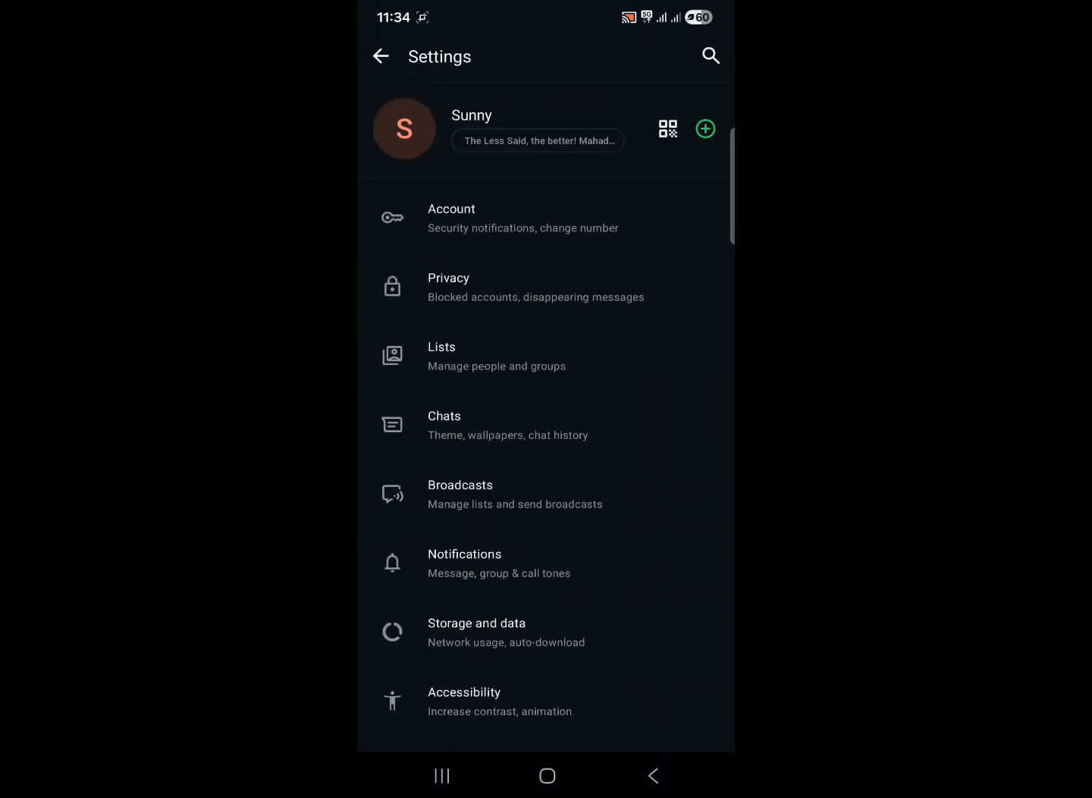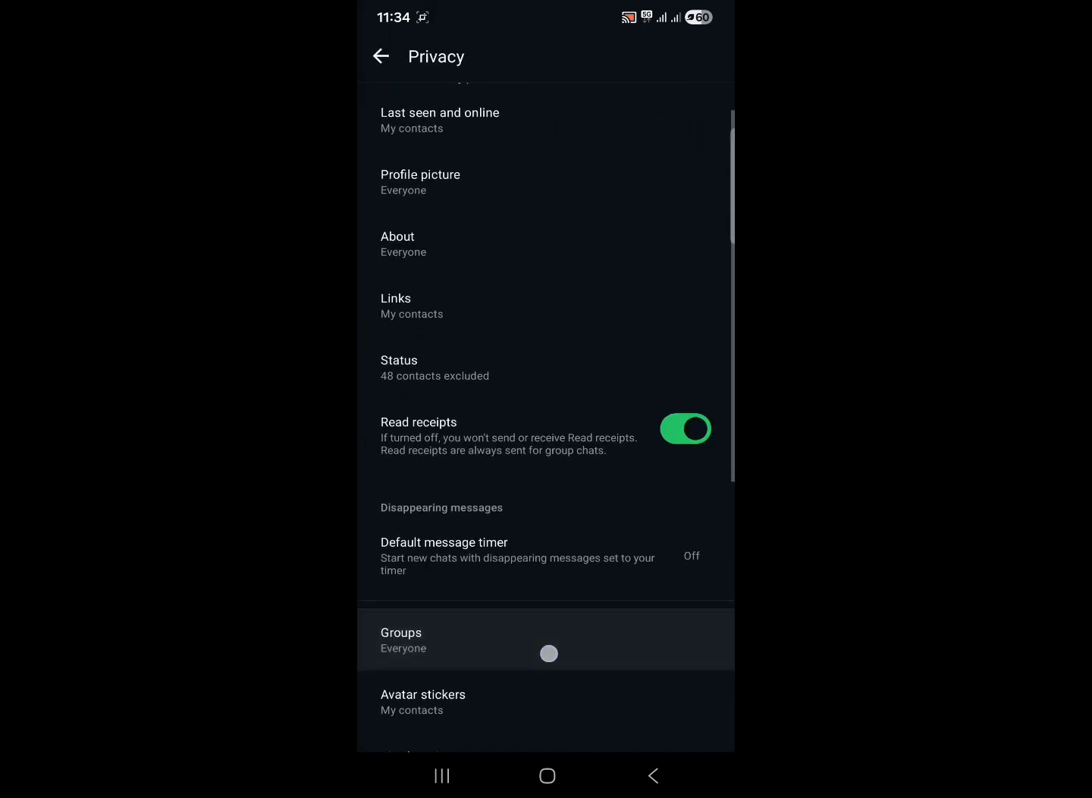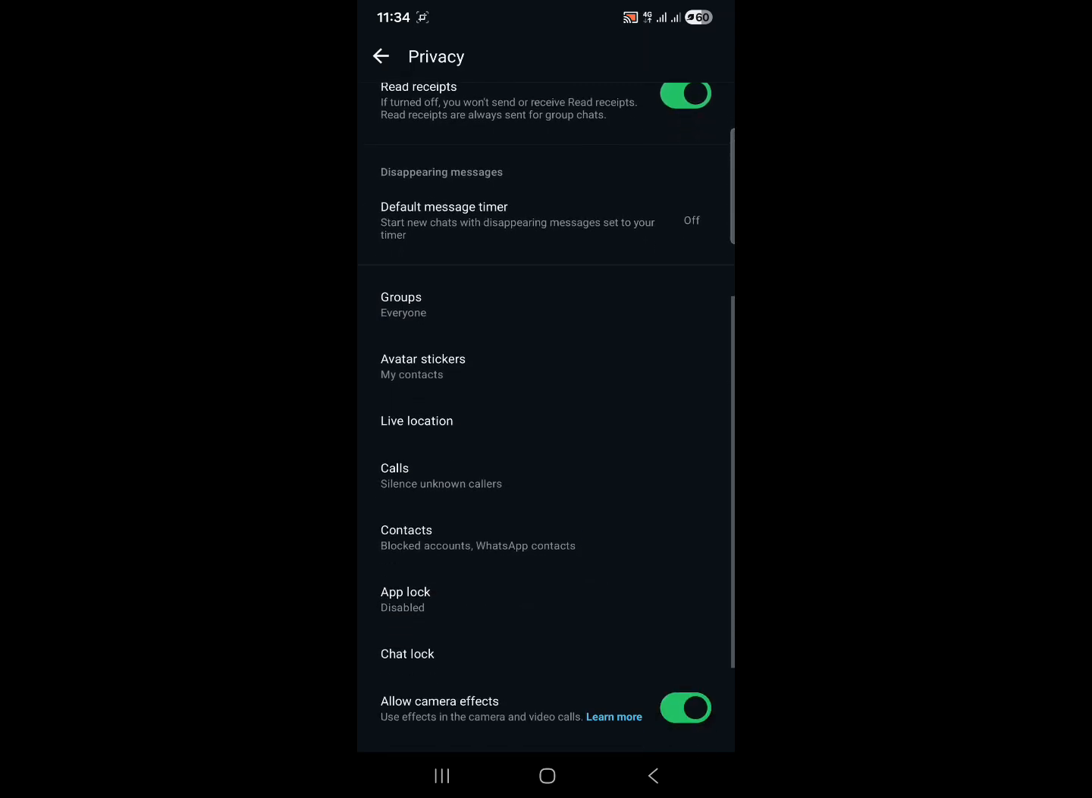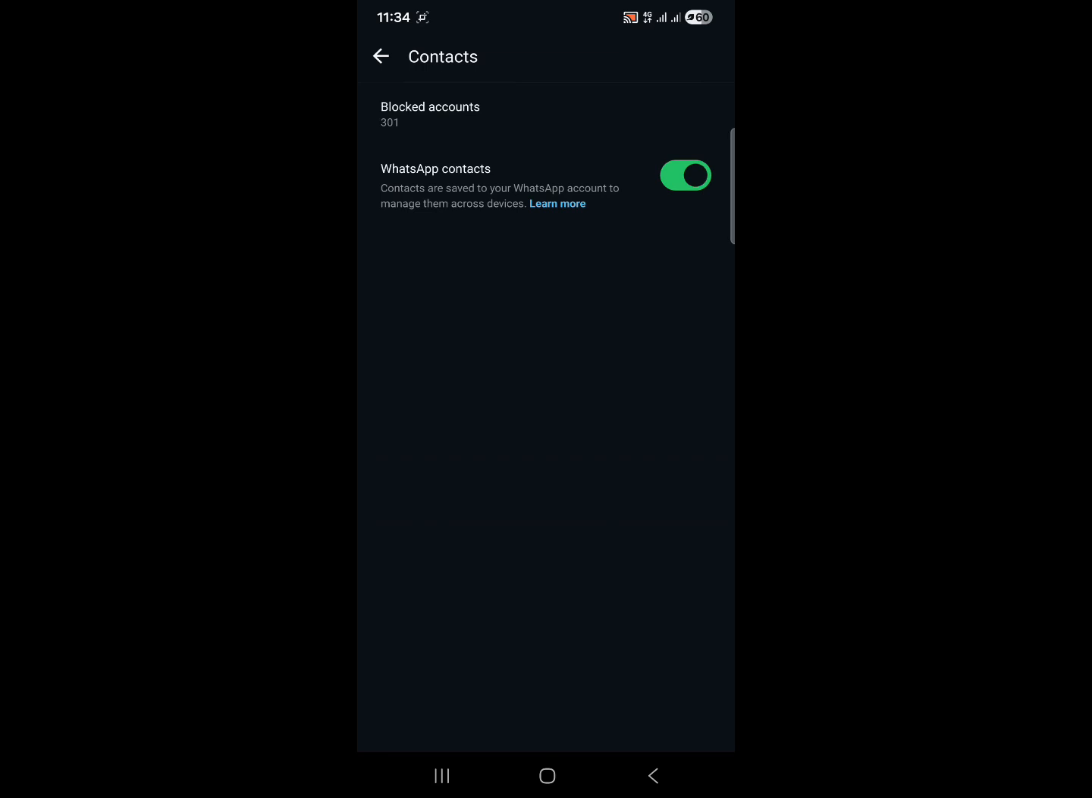Now, here you will find accounts and privacy. So, we will click on privacy and then we need to scroll down more and you will find contacts and blocked accounts. Now you can see the number of blocked accounts right here. And the moment you click on that, you just need to select that account and you can simply unblock it. So this is how you can unblock someone